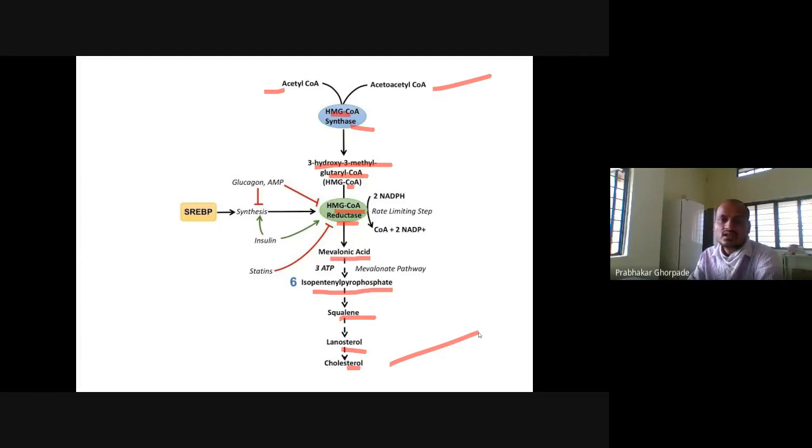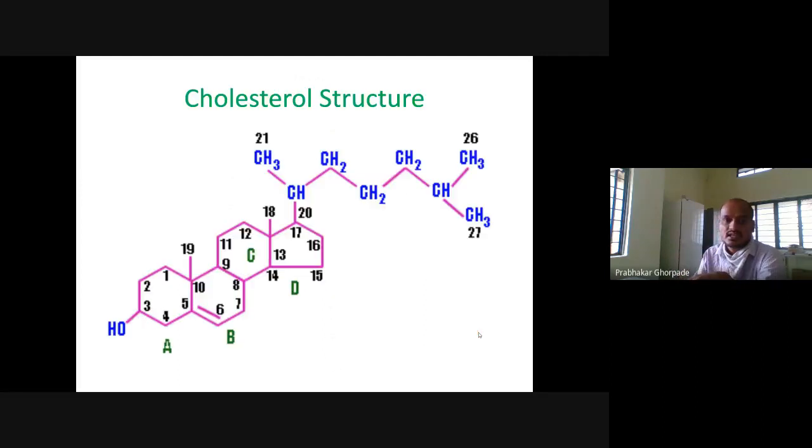But if this cholesterol accumulates in our blood vessels, sometimes it blocks the blood supply to a particular organ, and if that supply is blocked, that organ may undergo a hypoxic condition. So organ failure may occur, or if the heart is involved, the heart may undergo cardiac arrest. Okay, so these things can happen.